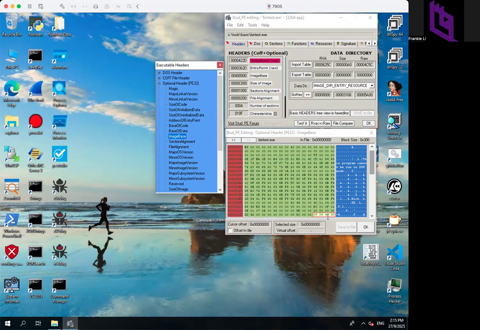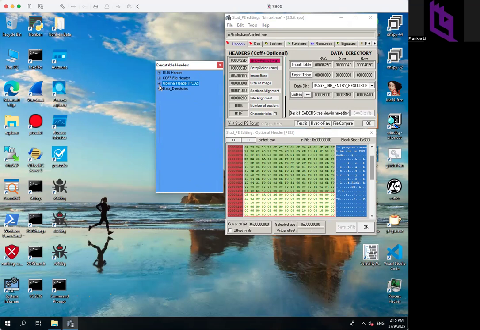We also need to check the section alignment. That is alignment in the virtual memory. File alignment is alignment in the raw data of the PE file. So some other things I let you